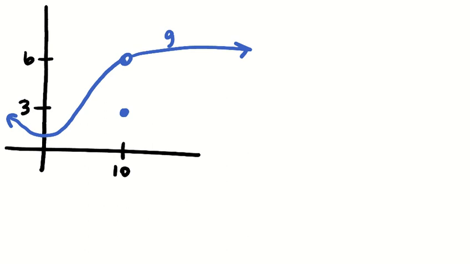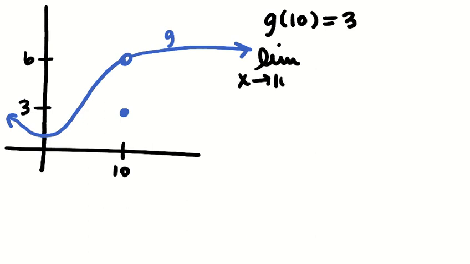All right, so here we've got another pretty common type thing. This is a removable discontinuity. I'm going to ask you the same questions. Okay, g of 10. In this case, what is g of 10? You know what it is. G of 10 is 3, yes. Okay. Then if you look at the one-sided limits, as x approaches 10, say from the left and from the right,